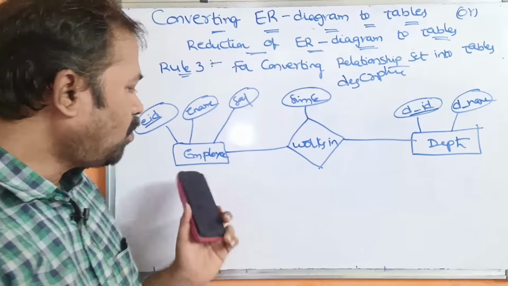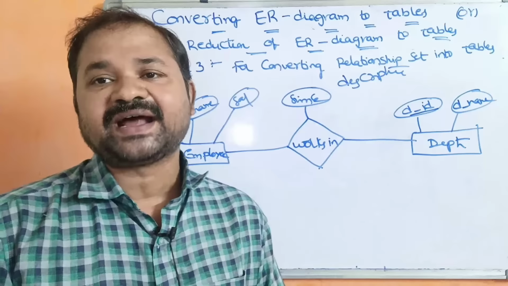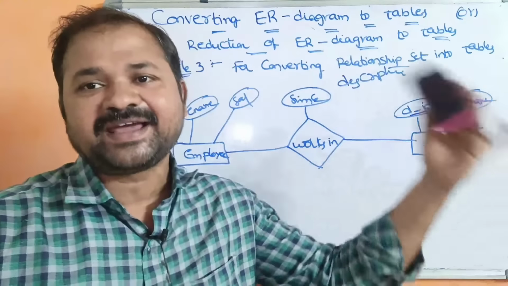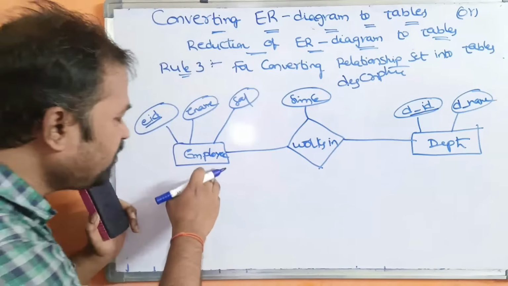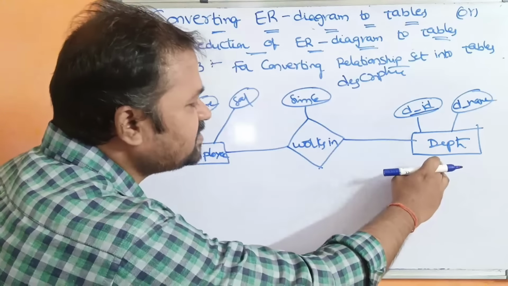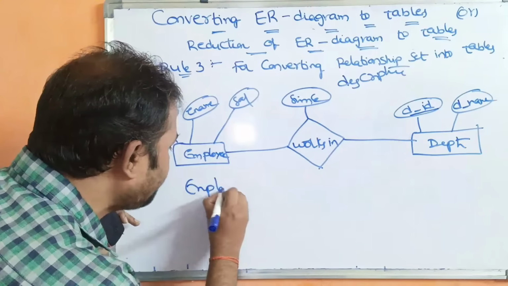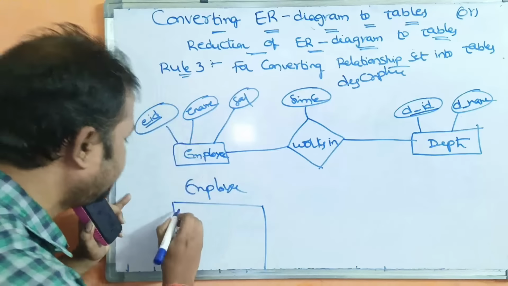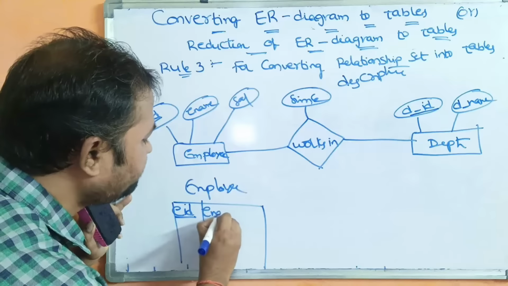Okay. Now in order to convert this ER diagram into tables, we require three tables. The first table is employee, the second table is department, the third table is works in. The first table is employee, and the fields of employee are employee ID, which is primary key, employee name,